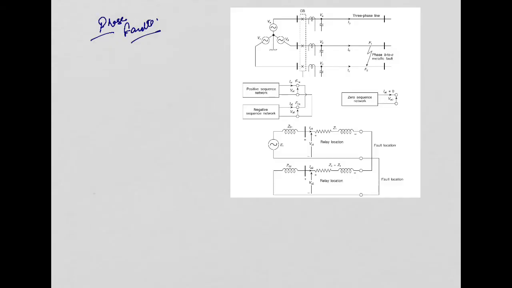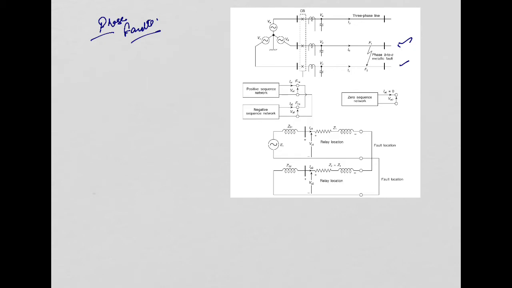Now let us consider a diagram, and let us consider a phase fault. In this case, let us consider a phase B to C fault. Now the question arises: what combination of voltage and current, when fed to the distance measuring unit, will measure the positive sequence impedance between the relay location and the fault point? This question can be answered if we analyze the problem with the help of symmetrical components, because during the fault symmetrical components come into play.